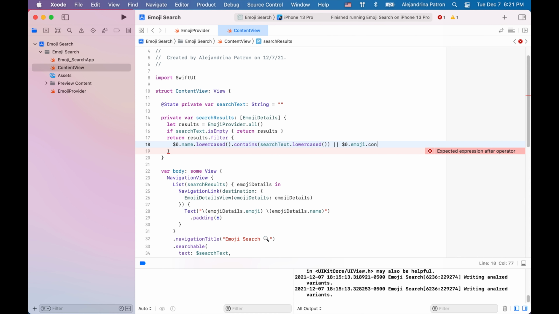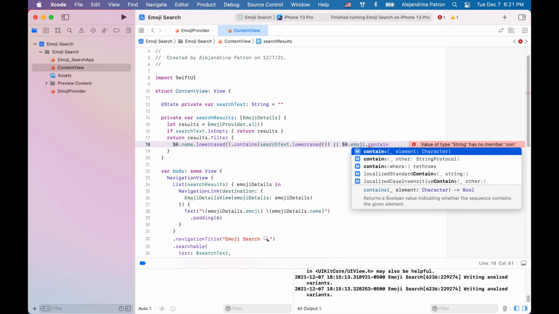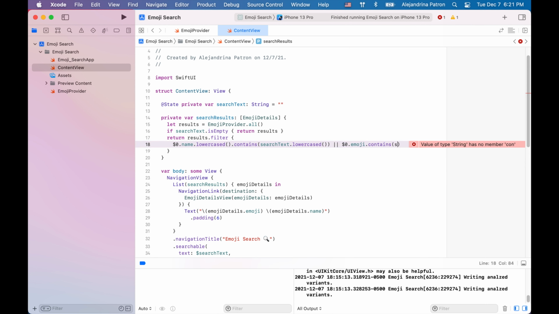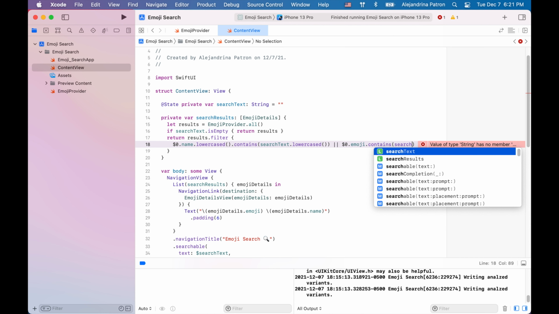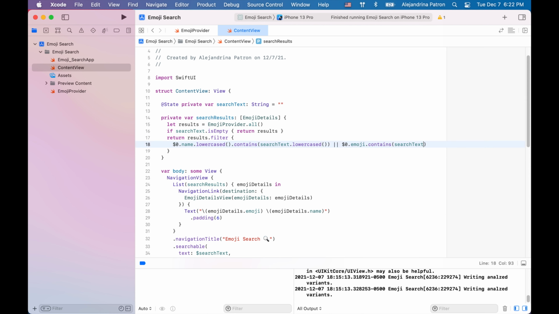So if emoji.contains(searchText). Let's go ahead and run our app again, and now we should be able to see a